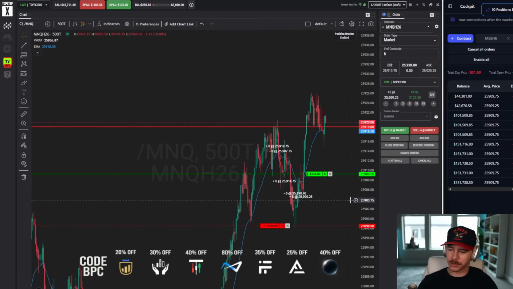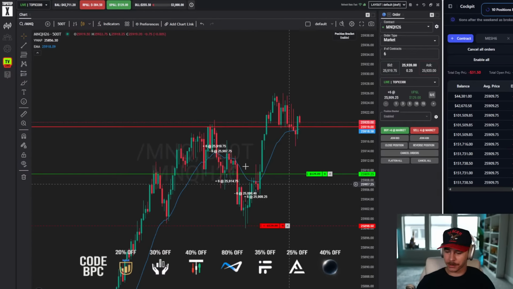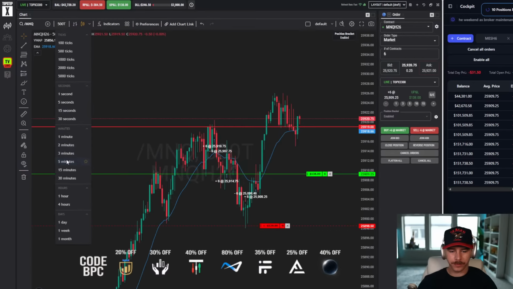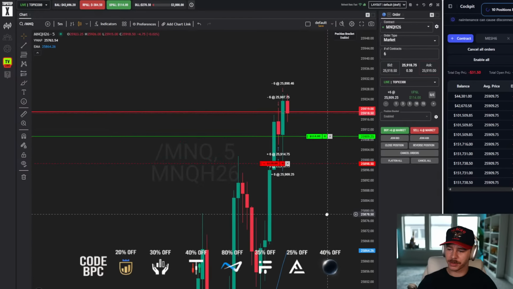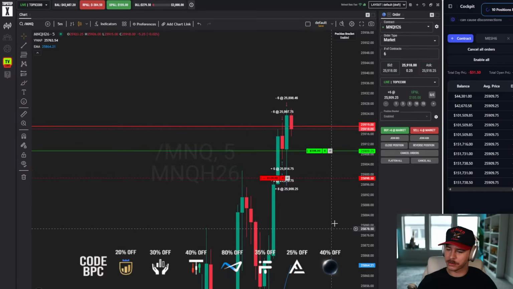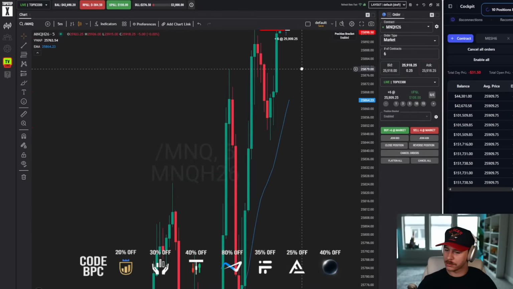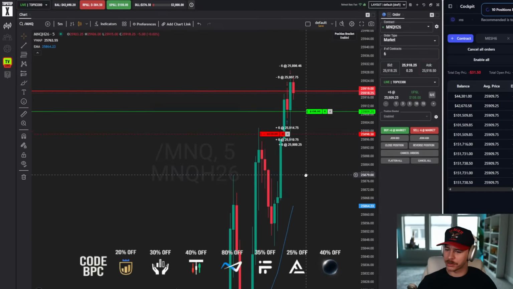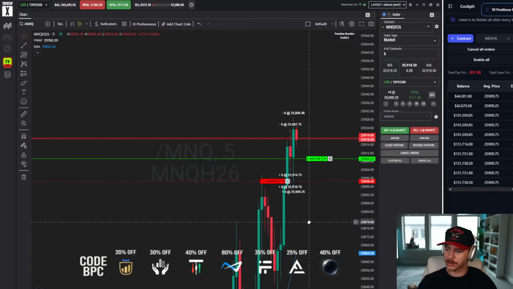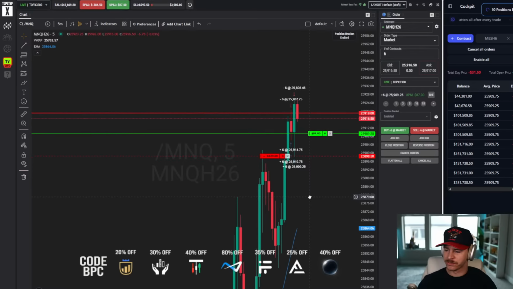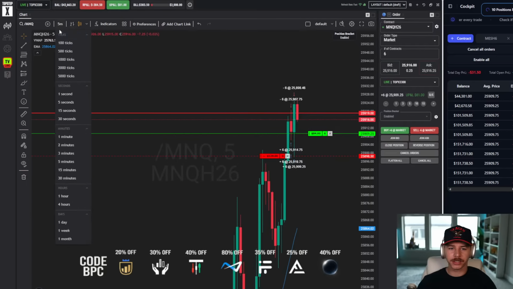Would you move stop to break even? I wouldn't, because we're just in chop right now. If we actually get some extension here, that would be beautiful. But of course, it seems like I'm about to get stuck in a choppy 5-minute range here. If we don't start to see a wick off this low, then a push through 930s, 940s. We're getting stuck in chop.